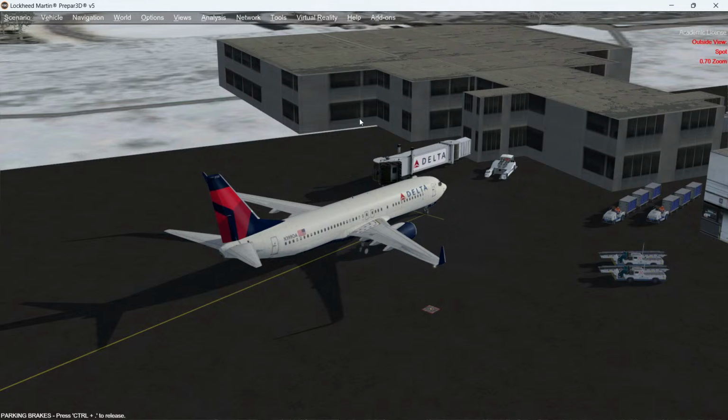Prior to it becoming a regional airport, it was K.I. Sawyer Air Force Base, which is where I happened to be stationed for my 6 years in the military. So this area means a lot to me, growing up and all that. And I just wanted to check it out in Prepar3D, and